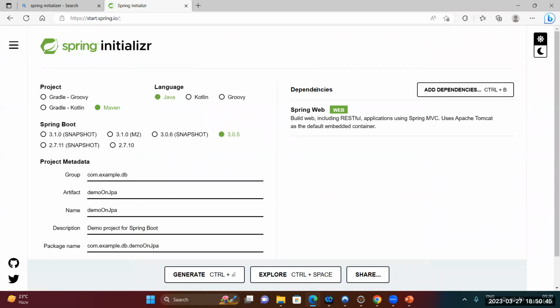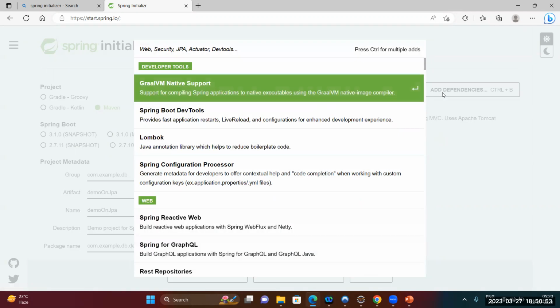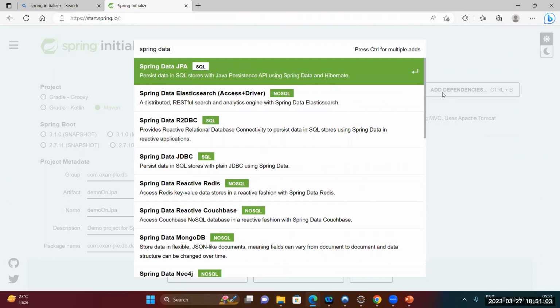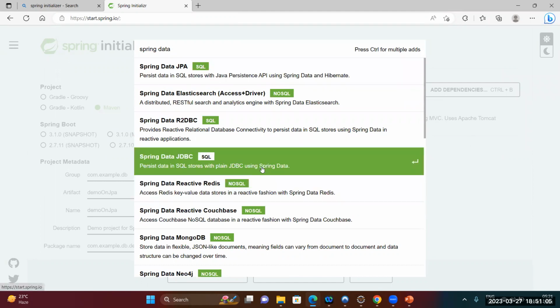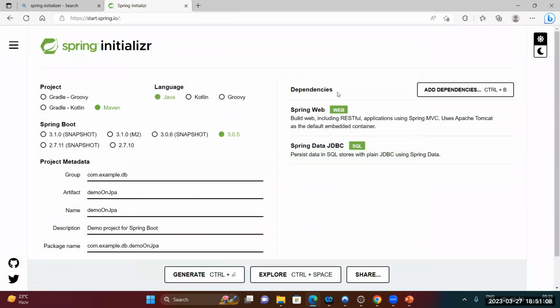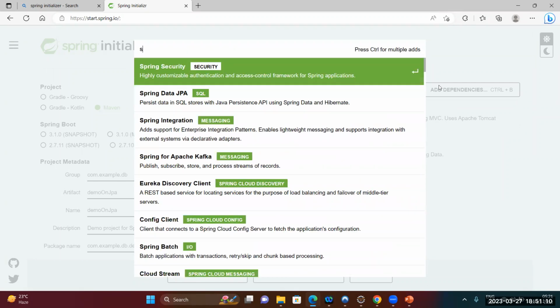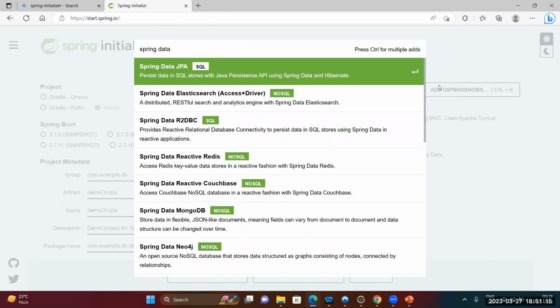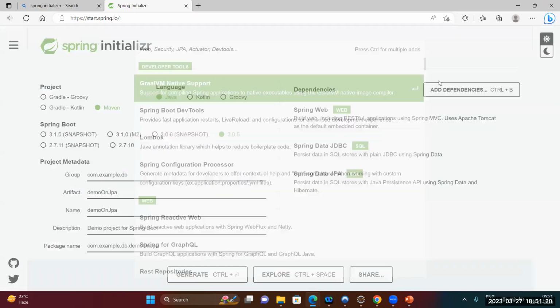And I'm going to add Spring Data JDBC, and then one more, Spring Data JPA, and the last one,